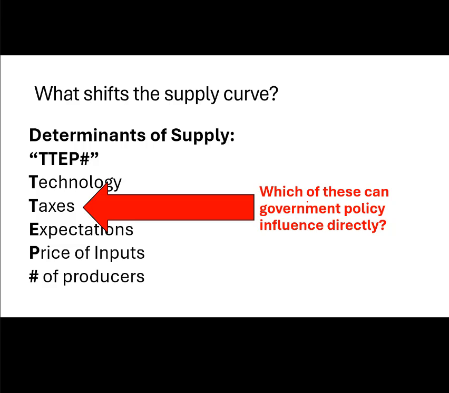So the question is, what would we want the government to do with respect to taxes, tax rates, tax policy, the structure of taxation, etc., in order to promote a rightward shift of the supply curve? And that answer should be easy as well. The government should make tax rates lower, should make compliance with tax systems easier. And doing some combination of that would reduce the overall cost of taxation to businesses, to consumers, and it would end up shifting the supply curve to the right. So we'll focus really strongly on how that works out here in a minute.